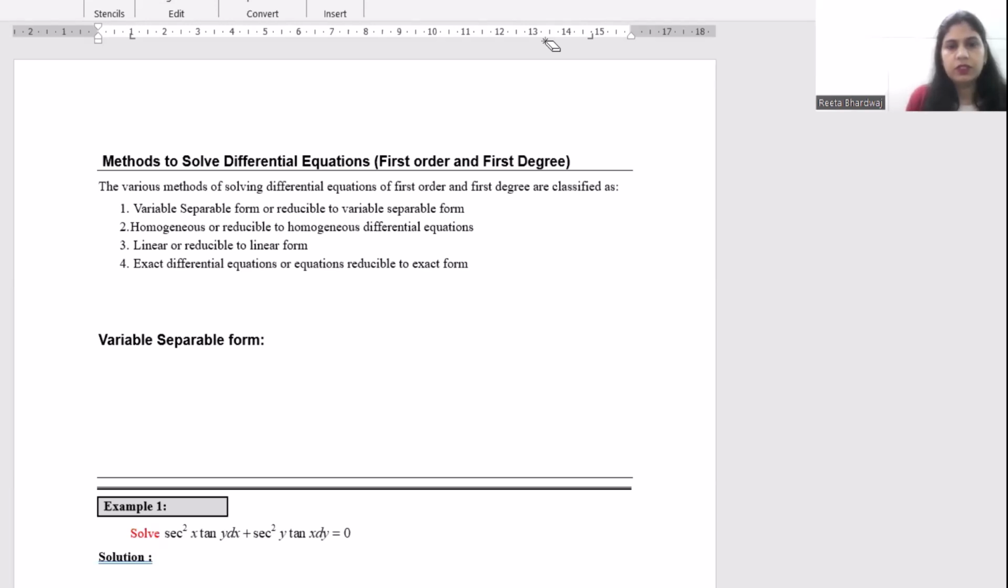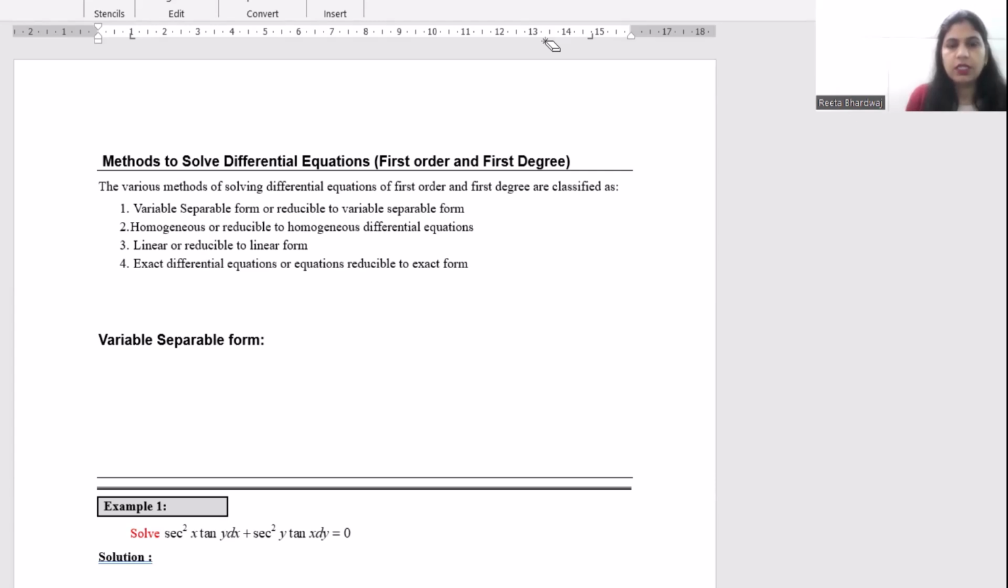Hello everyone. Today I am going to discuss the various methods to solve differential equations. The method to solve a differential equation depends upon the type of the differential equation. So here we are going to discuss the methods which are used to solve differential equations of first order and